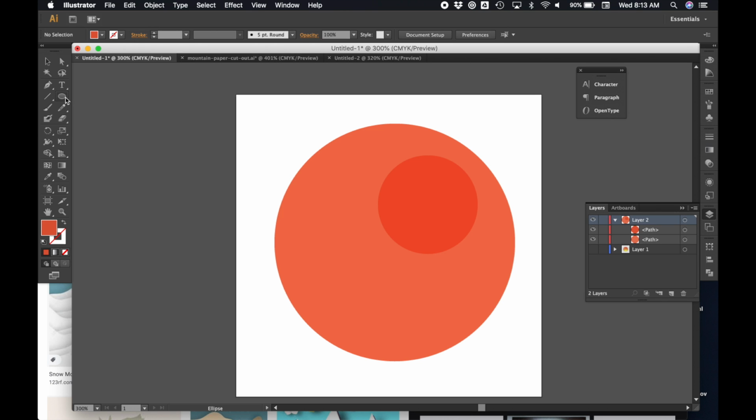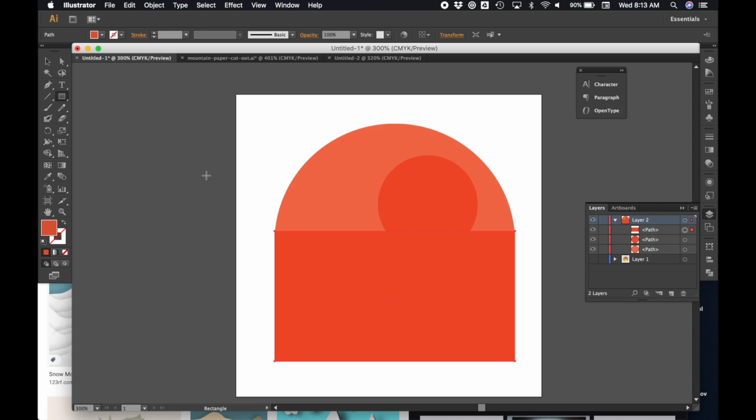Actually, no, I lied. I'll use my rectangle tool. And I'm just going to draw a rectangle like this. I'm going to make sure it goes to the bottom of my circle. And then I'm going to change its color. And we'll try maybe,